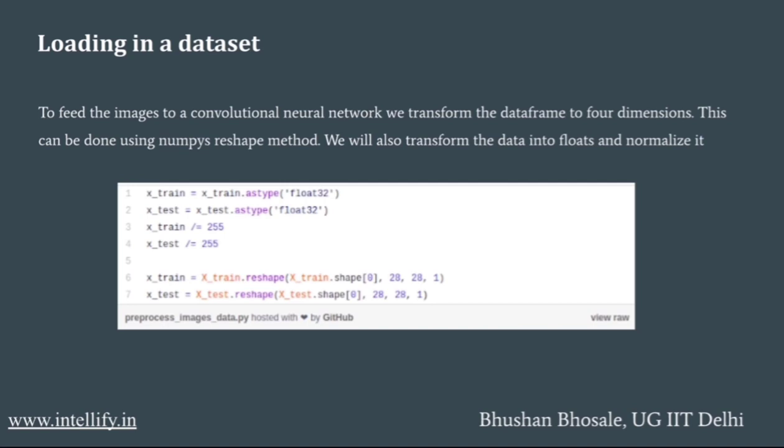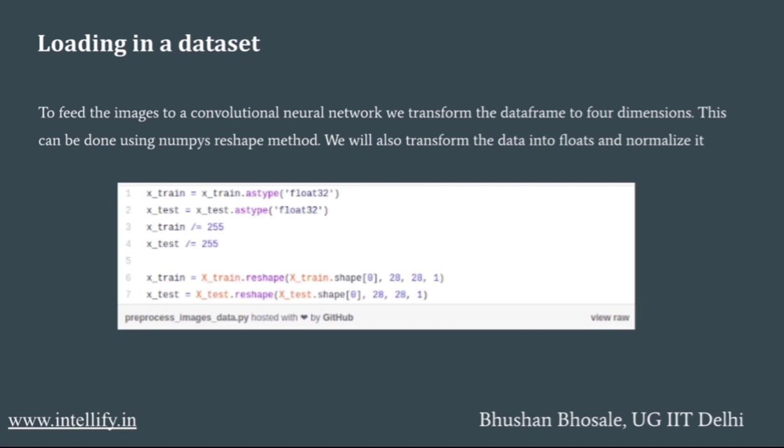We also transform the data into floats and then we normalize it. So you can see in the code, the first line is x_train equal to x_train.astype float32, and the second line is the same just for the testing set instead of the training set, that is x_test equal to x_test.astype float32.